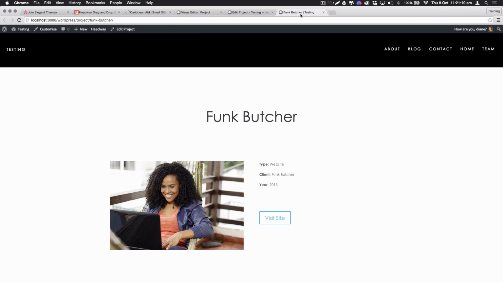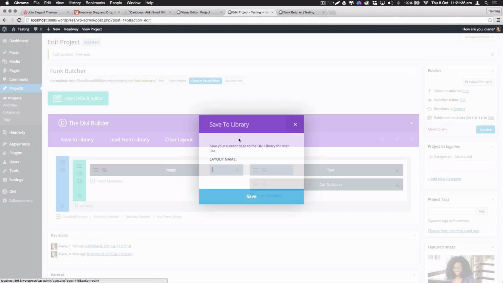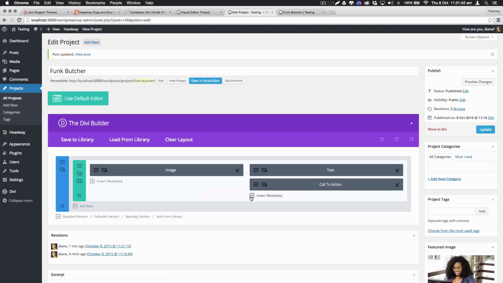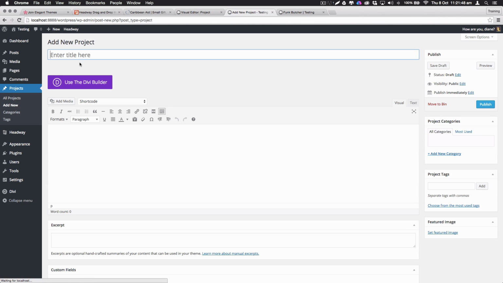I've now got a slight idea of what I can do with my custom post types. So I don't really have to worry about putting any custom fields in now, because I can literally just use this, and I can save this to library, and I can call this now my projects template, my projects layout. I can save that, update it, and then I'm going to add a new project now,